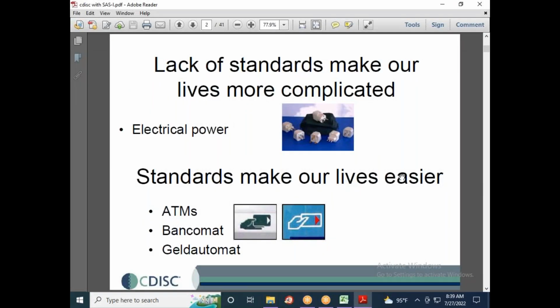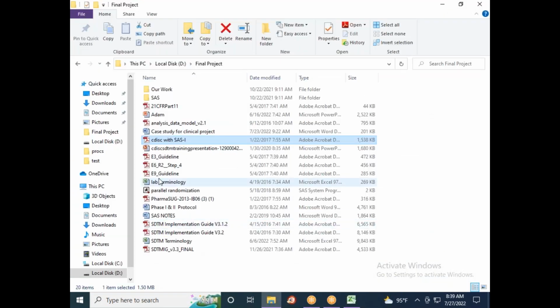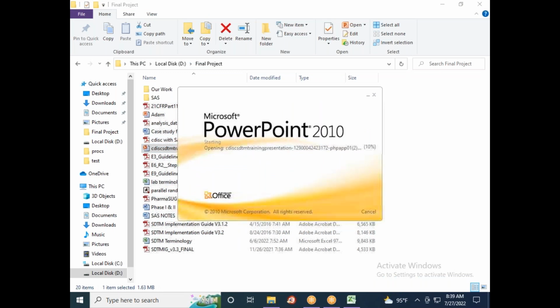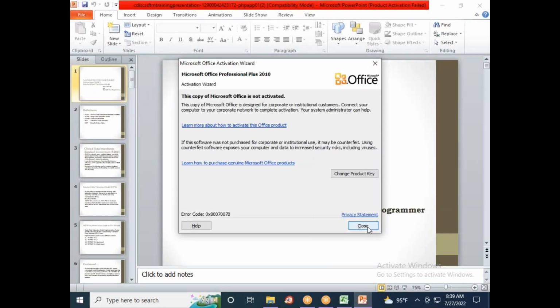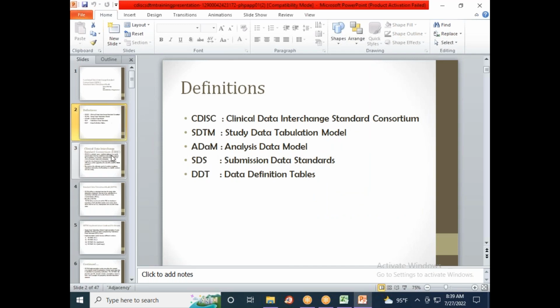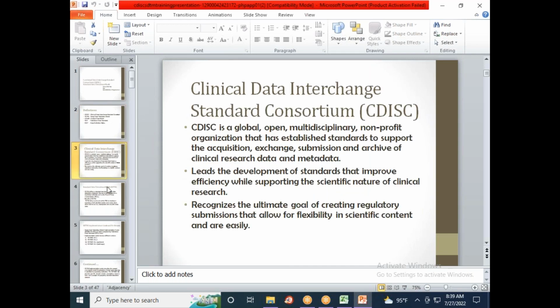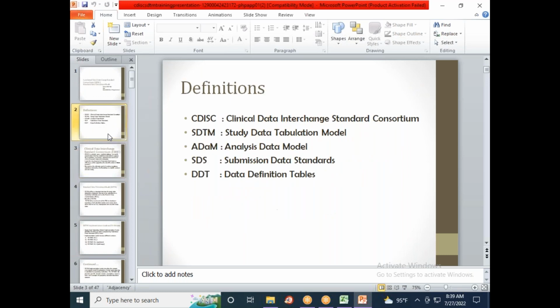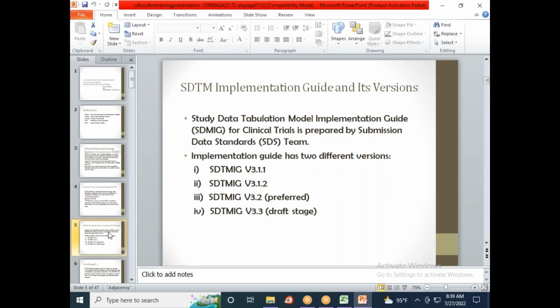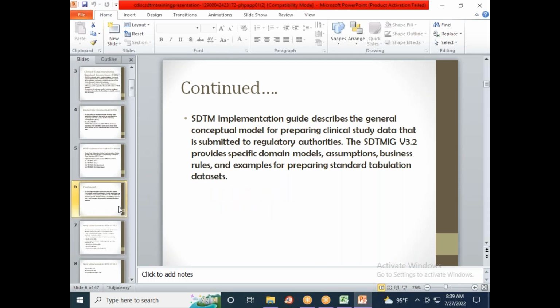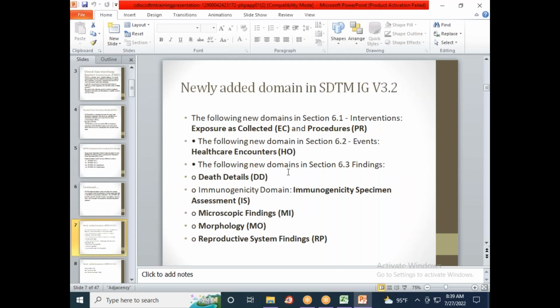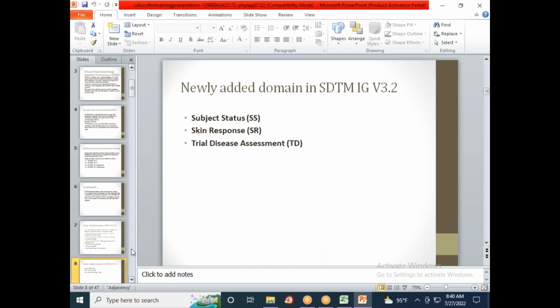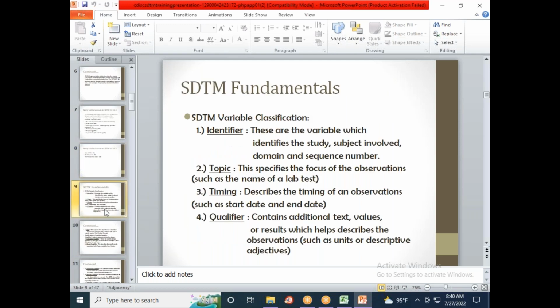Right. So tomorrow we will work on this PPT. This is a PowerPoint presentation which I have prepared. I think this is already shared with you. If not, I will tell them, and they will share it with you. So this is all the information. I have prepared a document. Whenever I say we are experienced people, there is a chance people will ask what all the changes you have seen in the latest versions. In version 3.2, these are all the domains they have added. So everything I'll take care of, no worries.